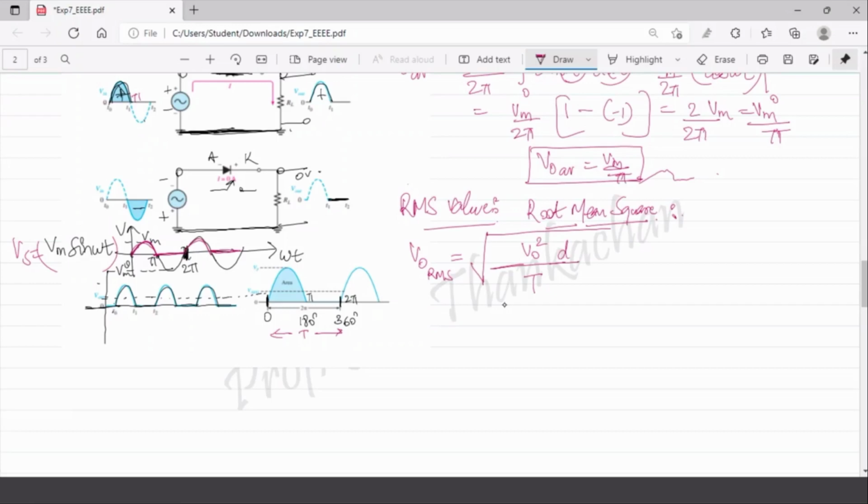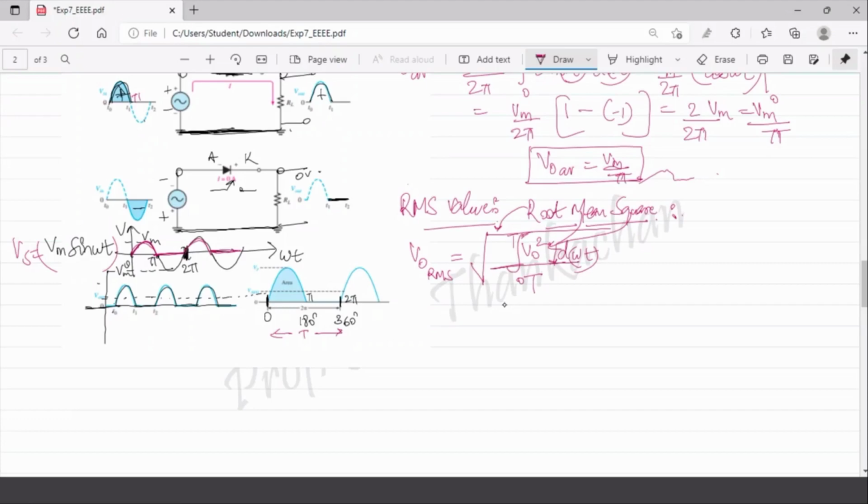So we need to find out the mean here. Mean means for this signal we integrate from 0 to the total time period d omega t. Which signal? The square of the signal. V naught is the output voltage. We square it and we take the average. Taking the average or mean is integration of 0 to T divided by T, and taking the root of this. So the first term is this root, then the mean, then the square of your function: root mean square. But what is V naught?